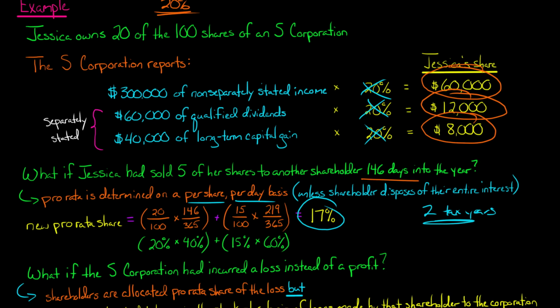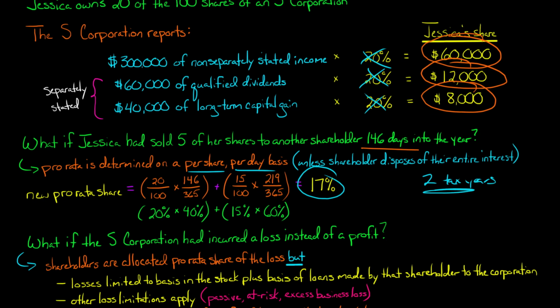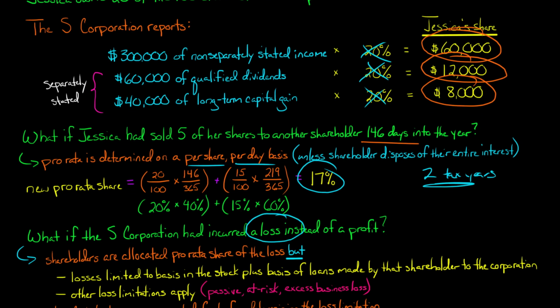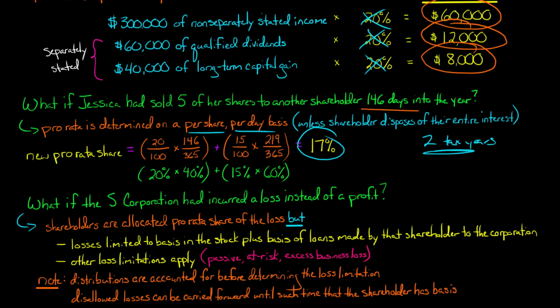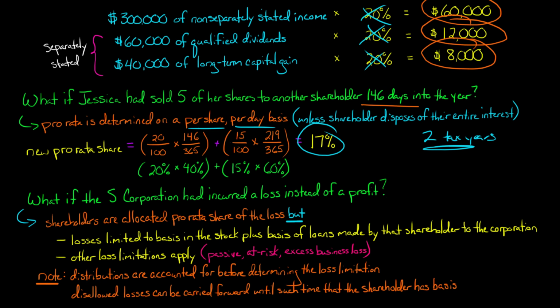Okay, now, what if the S corporation had incurred a loss instead of a profit? I gave an example where clearly the S corp was making money and we were having to allocate out this income to the shareholders. Remember, it's a flow-through entity, so that means that if the S corp has a loss, that's going to flow through to the shareholders, and the shareholders will be able to deduct that loss, provided they don't run into one of these limitations. Shareholders are going to get allocated their pro rata share of any loss incurred by the S